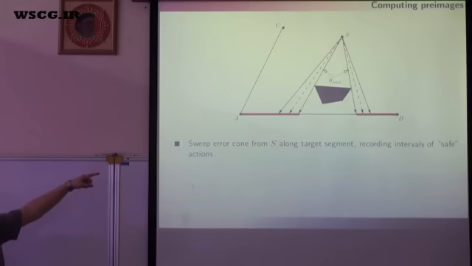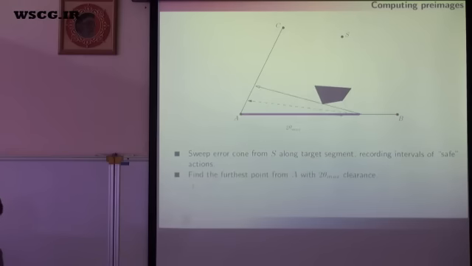But of course, each one of those corresponds to an angle that we might choose as the motion angle from S, right? Okay, so we can compute all of those. We also need to make sure that second transition is collision free. So to do that,